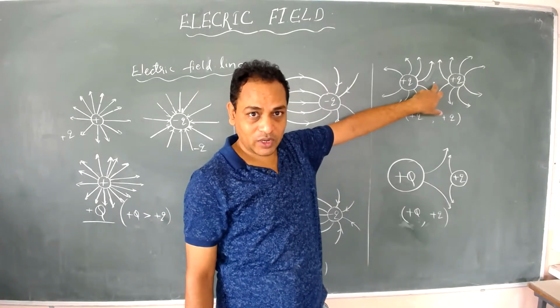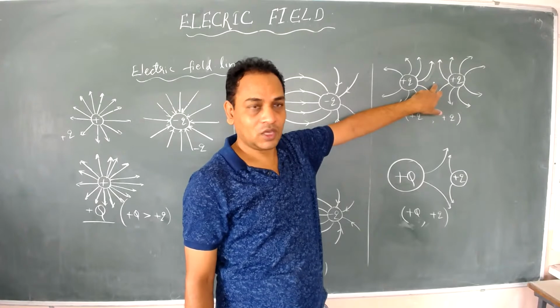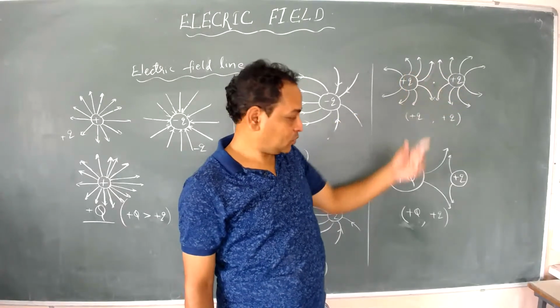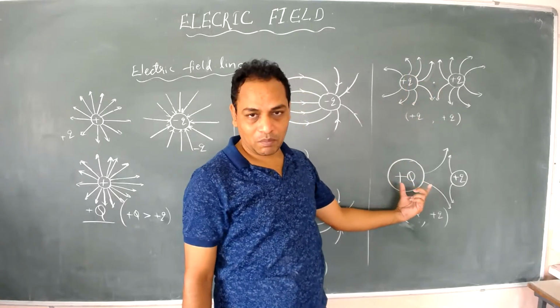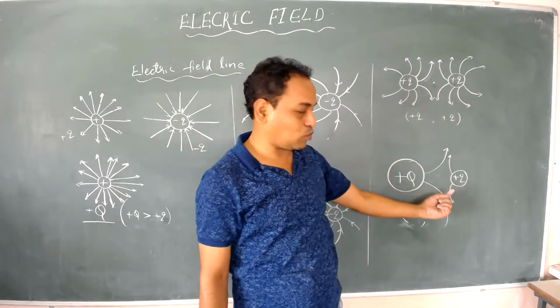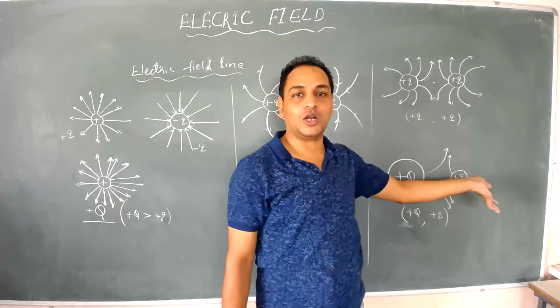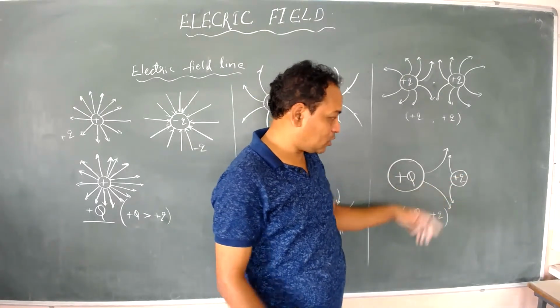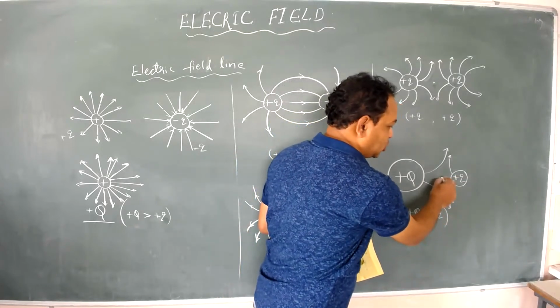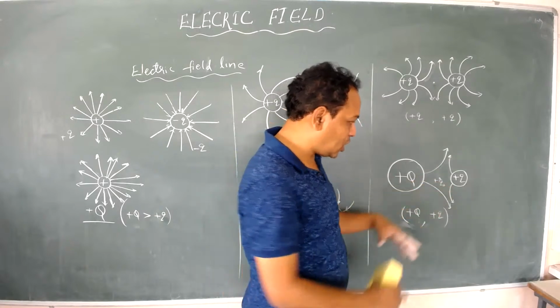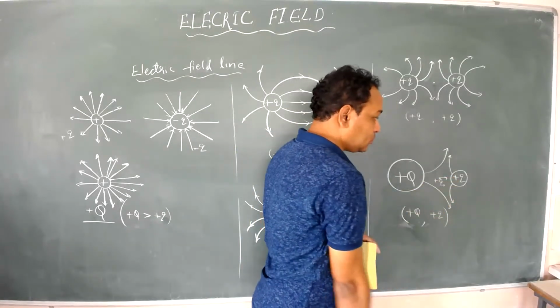So the null point will be at the midpoint if both charges are of equal magnitude. Suppose these are of two different magnitudes, one greater and one smaller. In this case, the null point will be shifted towards the smaller charge. Why? Because this will repel. Suppose I consider a unit positive test charge at this point, then this will repel that charge toward that side. That will also